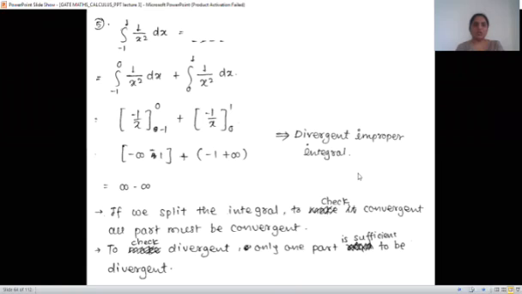Next, integration minus 1 to 1, 1 by x square. So here the function is, I think, even, right? So we can write 2 times 0 to 1, 1 by x square. We could separate and solve here, but we can directly write 2 times 0 to 1, 1 by x square, and it is integration of 1 by x square, minus 1 by x. The 2 is outside, from 0 to 1, and this is what?